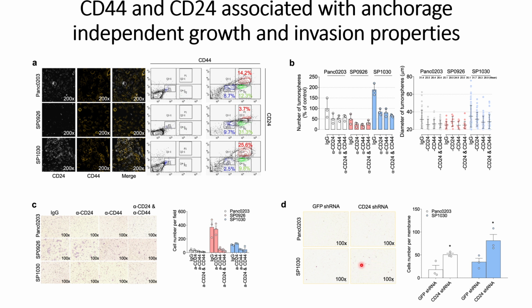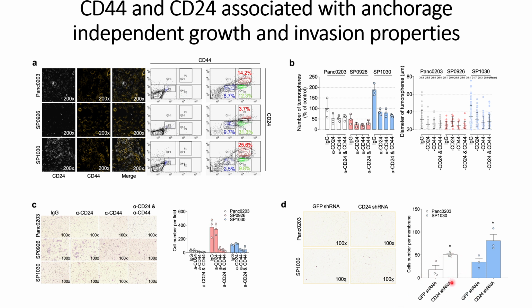And the quantification of panel D is on the right hand side, where we can see that for the GFP shRNA, the number of cells per membrane is increased, whereas for this